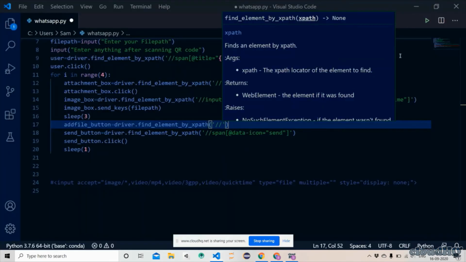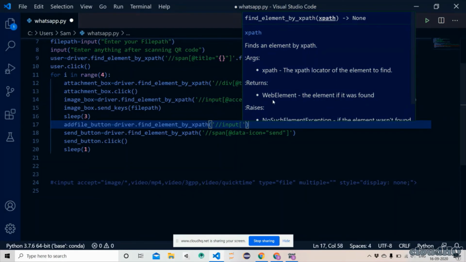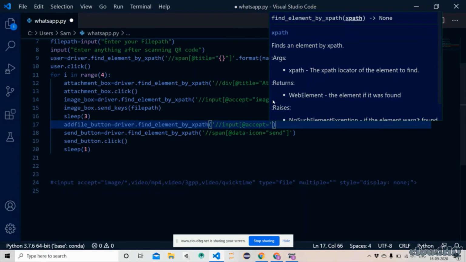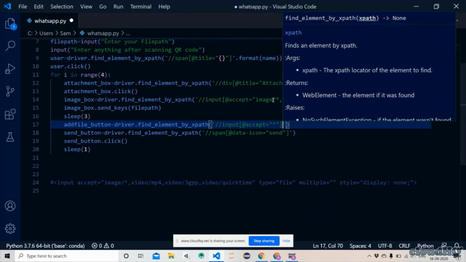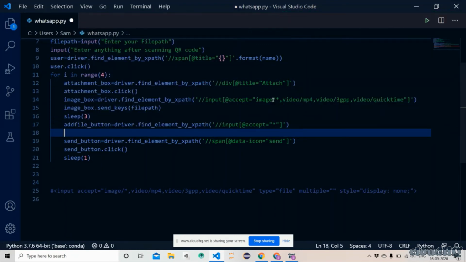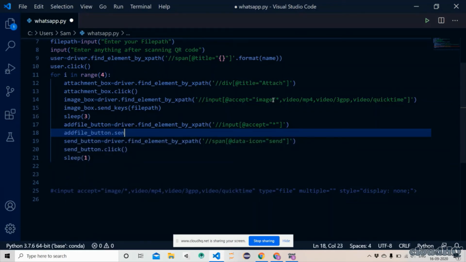Okay, so let's do it in our code. And now we would just send keys, means we would call add file button dot send keys, so that the required path of the file is sent.